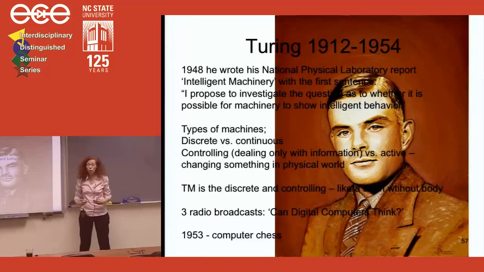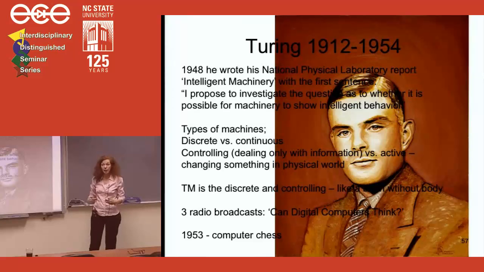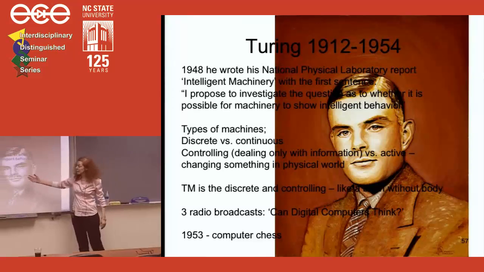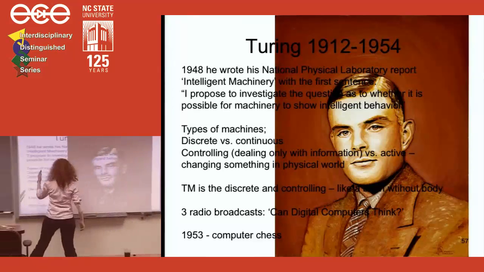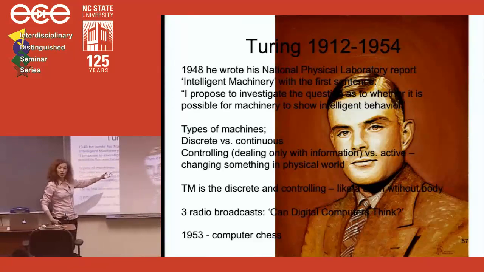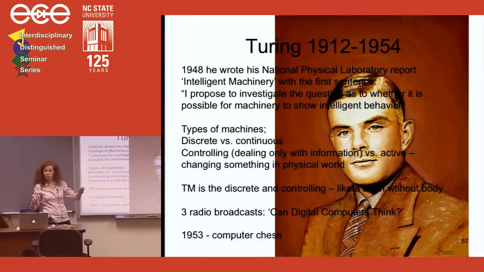So just to copy what he did in 36 is fine, but in 48, he describes that there are machines that are discrete versus machines that are continuous. He says this will work on configuration space, will be able to work on electrical things, and a continuous will have to be mathematics of manifold and perhaps even other more complicated functions, and will give more computational power than this. Then he was talking about machines that he called controlling, which deal with information only,